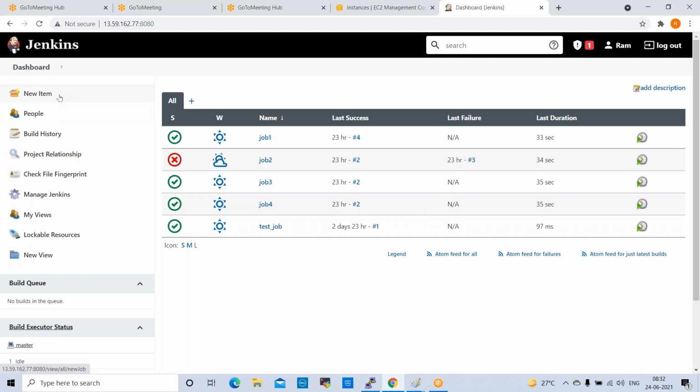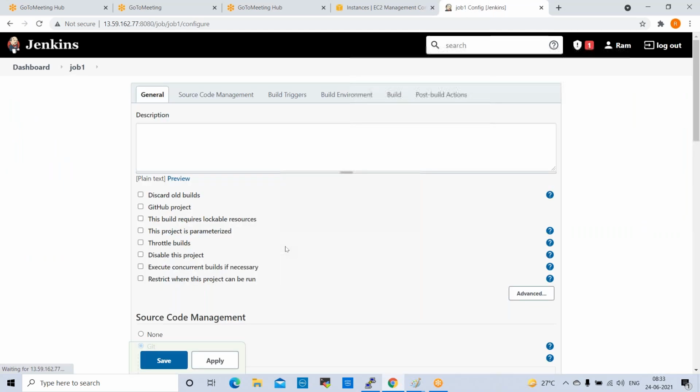first we need to configure something here. For example, go to job configure. I want to run job 1 on slave server. In the first tab, General, one option is there: restrict where this project can be run.